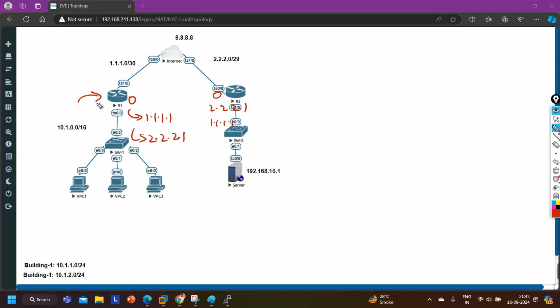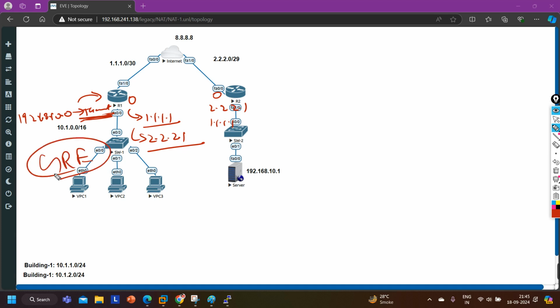And then you can configure a static route here for 192.168.10.0 with the exit interface as the tunnel interface. Whenever the exit interface is a tunnel interface, the router will add one extra header, that is the GRE header.